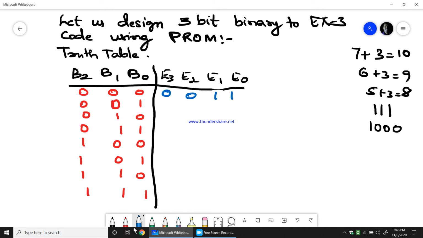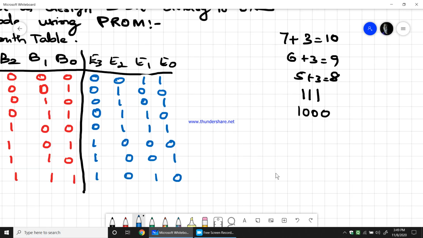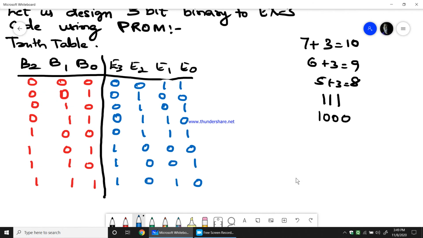For 1, XS3 is 4, for 2 XS3 is 5, for 3 XS3 is 6, for 4 it is 7, for 5 it is 8, for 6 it is 9, and finally for 7 it is 10. So this is the XS3 code for the 3-bit binary that we have taken.